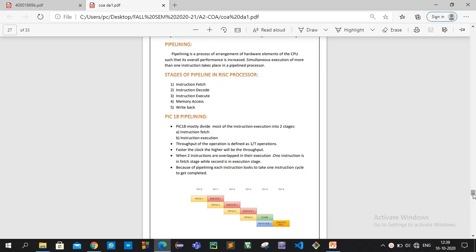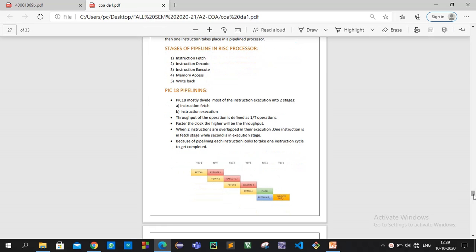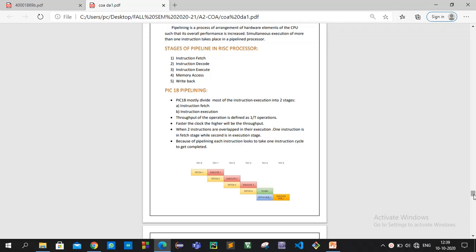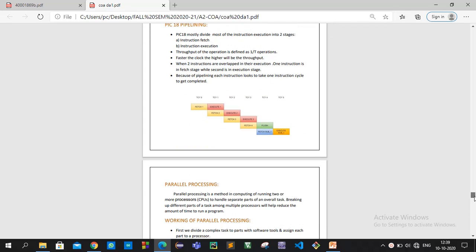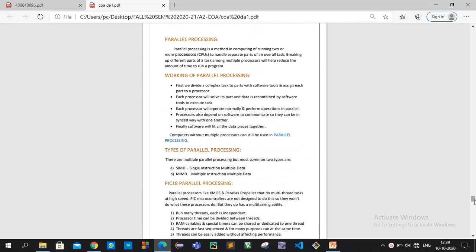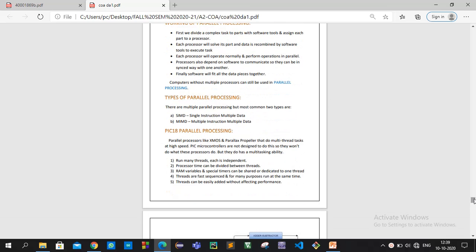This is my pipelining technique in my PIC18 microcontroller. This is how the stages look. And as my microcontroller does not support parallel processing, this is just a few basic pieces of information relating to parallel processing and types of parallel processing. PIC18 parallel processing,